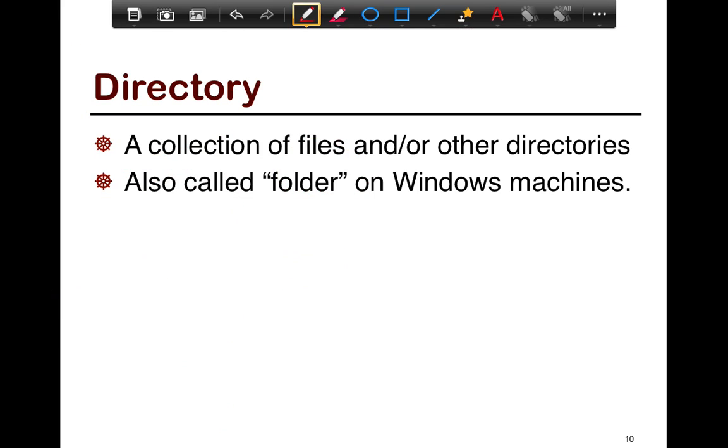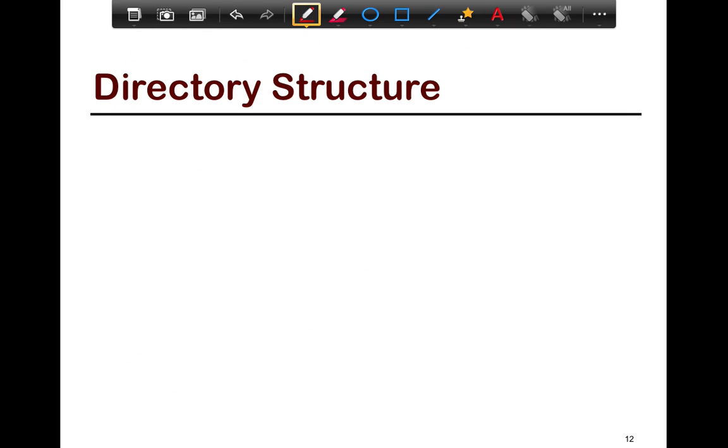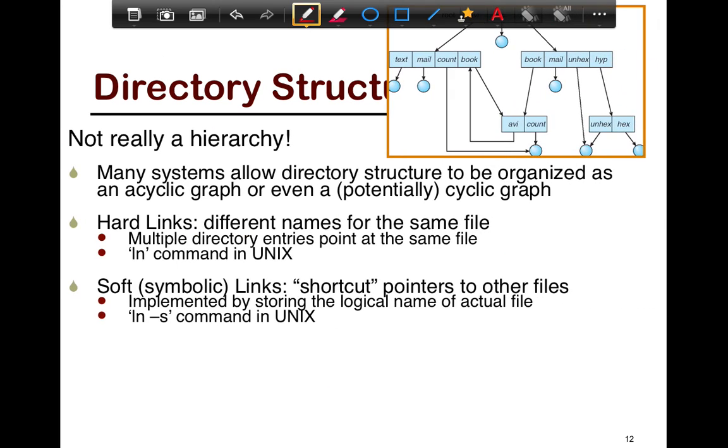A directory is just a collection of files and/or other directories. Typically, it's a hierarchy, but not necessarily always. For example, I've shown you an example in Unix, where if you have links, then you could have backward links to folders from which you descended. You do this first of all to enable shortcuts, to be able to access different folders and files rapidly in the naming structure. And you achieve this using things known as hard links and soft links.